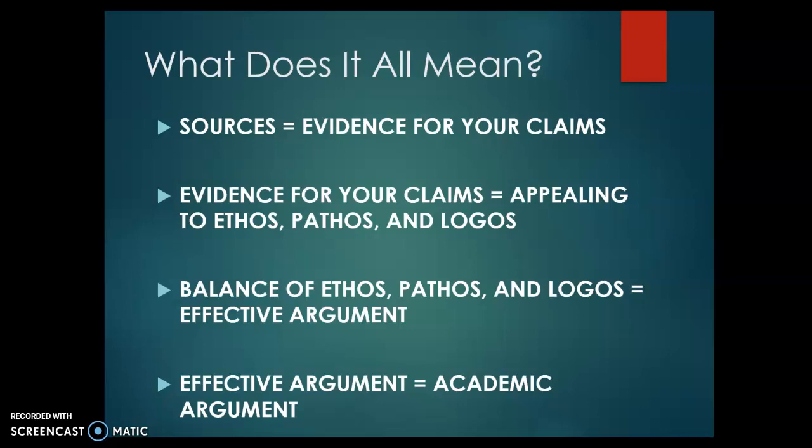Remember in the last section of videos, we talked about the importance of an effective argument being an equilateral balance, an equal balance of all three of those appeals in your writing. Balance of those ethos, pathos, logos equals effective argument, and an effective argument is an academic argument. Research is an academic argument. So we have to be mindful of these things. We have to always keep in mind appeals to ethos, pathos, and logos when we're going out trying to locate a source to help support a claim, but also in our own writing and how we present our own evidence and how we integrate that into our own ideas as we present them.